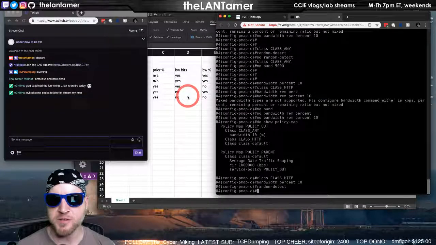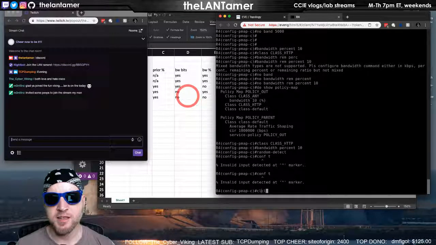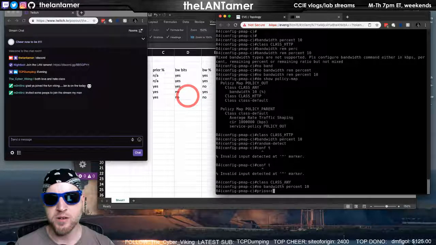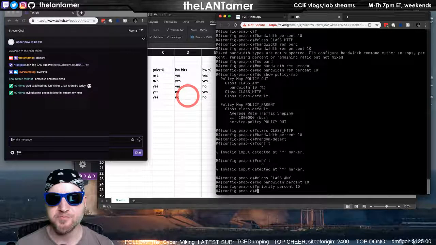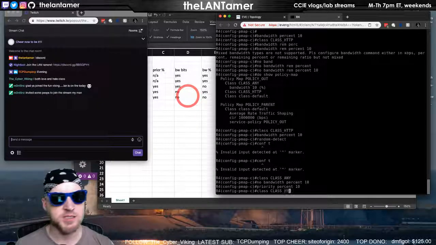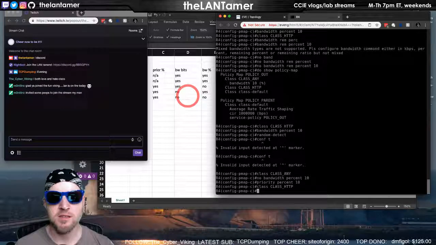Can you use weighted random early detection? Yeah, I believe you can. So let's configure that. Class any, no bandwidth percent 10, priority percent 10, class HTTP, and then bandwidth.